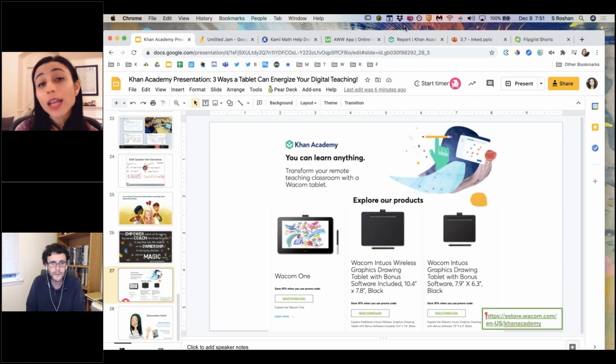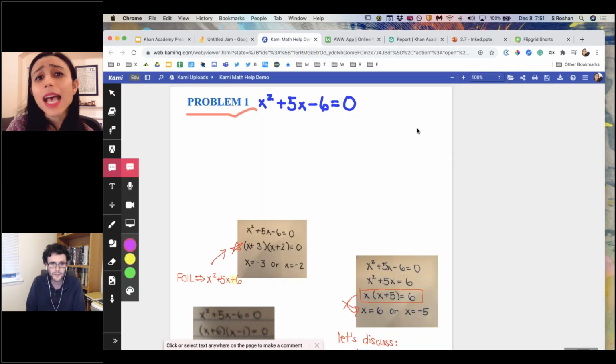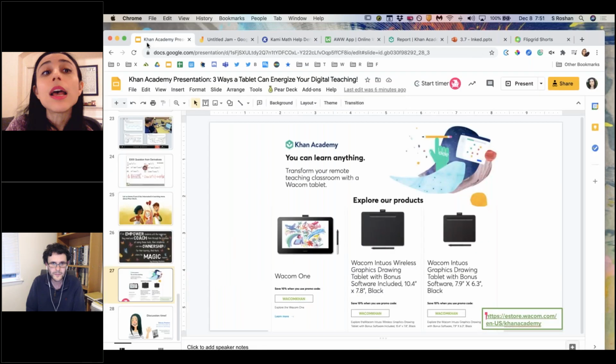There's also a lot of benefit to having all of this saved for students in their Google Drive or whatever it may be, because don't forget, if you are making this digital work and saving it for them in a digital way, giving them that digital feedback, now it becomes searchable. So that's something else that's really powerful. I've talked a little bit about Kami today, and Kami is what I use to grade student work. It has OCR, optical character recognition, and that means anything on here, even handwritten stuff, becomes searchable. Super powerful. So this is not something we're going to just be using this year.